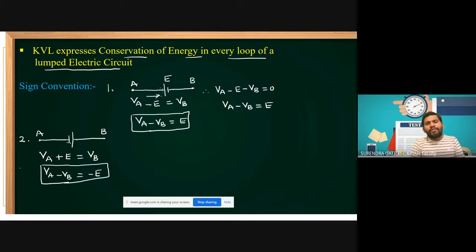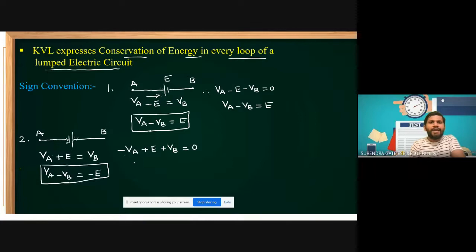Mainly concentrate here: we are moving from negative to positive. That's it. No, sir, you told that this A is connected to negative. Like that also we can apply. Then what do we take, students? Minus VA, since we are moving from negative to positive, plus E, then connected to positive, plus VB equals 0. This is minus VA, connected to the negative plate. Then we are moving from negative to positive, a rise of voltage, plus E. Then this is equal to plus VB. Then how to write, friends?